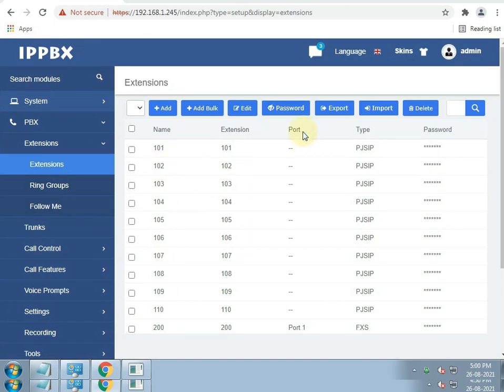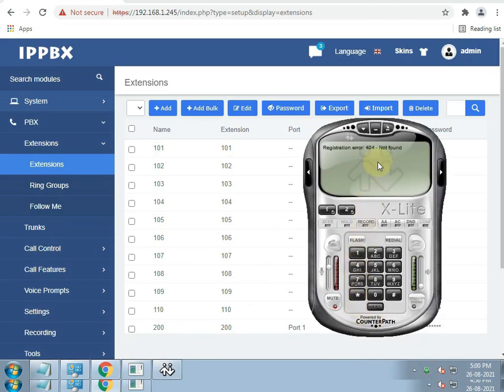As you can see, I've already created some of the extensions. So now we will register an extension on a soft phone.